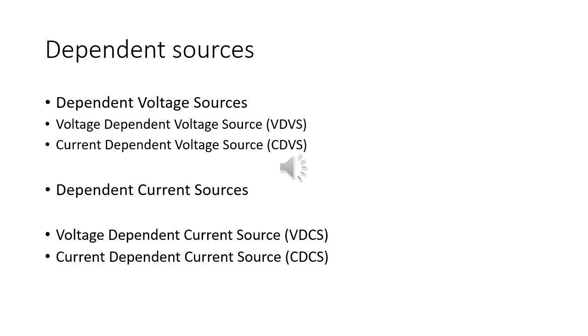As one example of a current dependent current source, you are quite familiar with bipolar junction transistors. The collector current of a bipolar junction transistor is actually controlled by the base current. So you can say that is a current controlled or current dependent current source. If we take the collector current as a source, that current is actually a function of base current. So that is a controlled current source. These are the four different types of dependent sources.